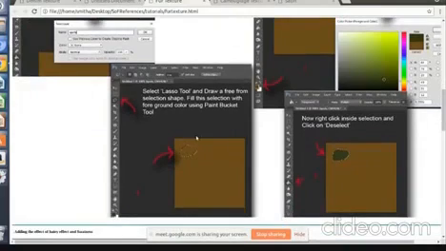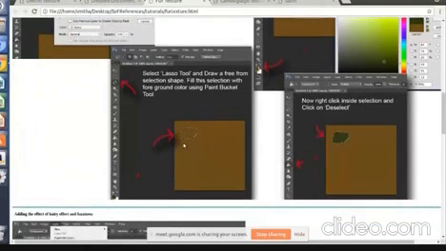Okay, now if you don't want to use the brush tool, you can use this lasso tool. Okay, under that you'll see many lasso tools, but you have to select the freeform lasso tool. This one, freeform lasso tool, to select irregular shapes. Now on the canvas, you have to drag and draw with this lasso tool. Okay, and it has to be a very irregular spherical shape like this.